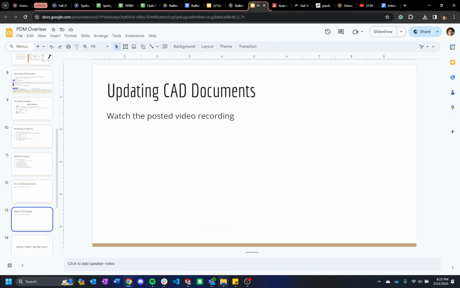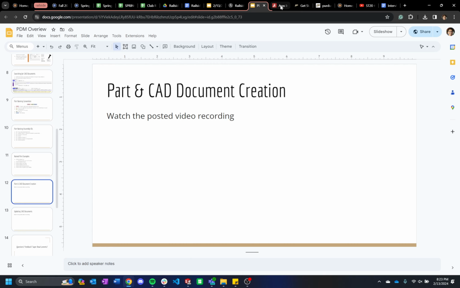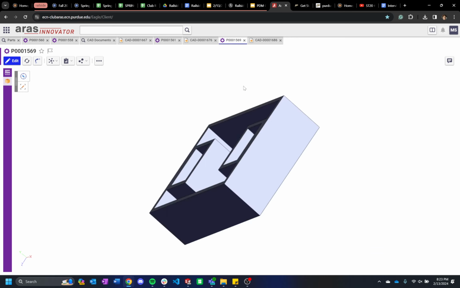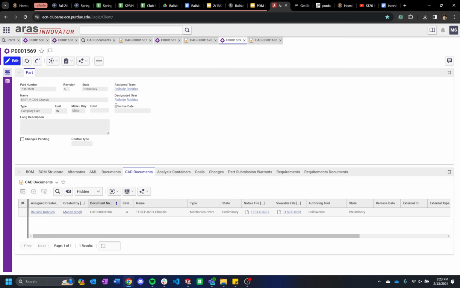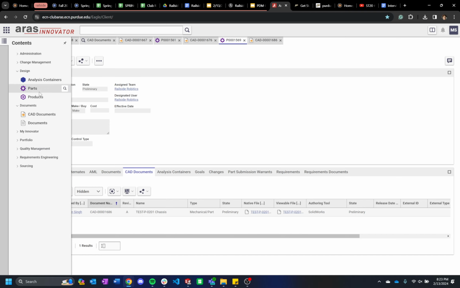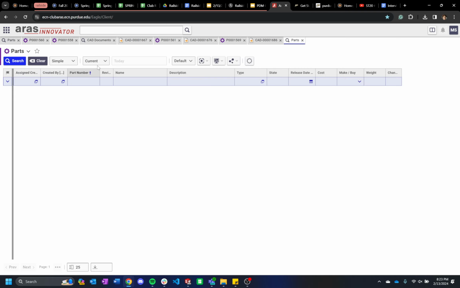Now let's say I update this CAD, alright, sorry, let me go back. So now I've got my CAD file uploaded to the part. Let's say someone else on the team wants to download this file and make a change to it. So you can do this from any computer. I'm demoing it from my computer again. But first, to find that document, we go to Parts, Search Parts,